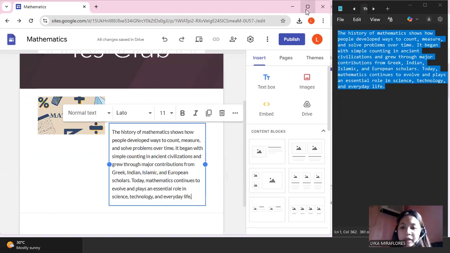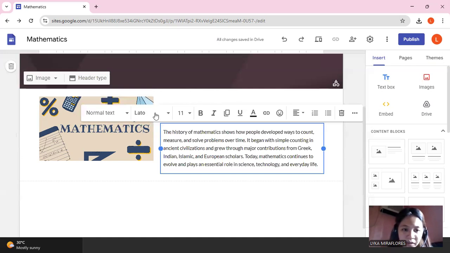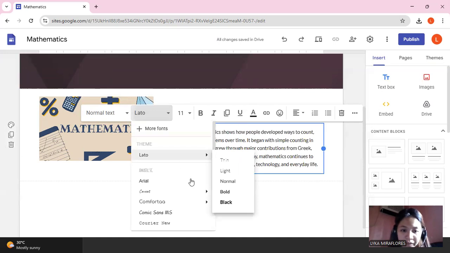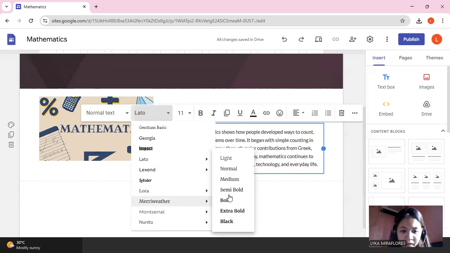You can add and paste text. You can also choose what font you would like to make it more presentable on your website. So let's use this one.